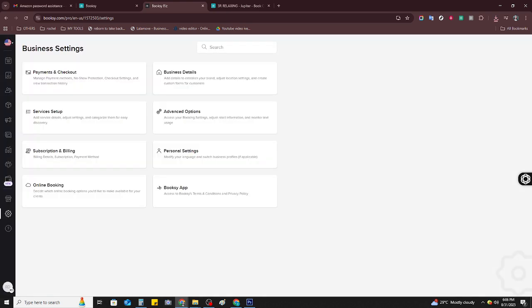compelling way. After setting up your basic profile, it's time to customize your services and availability. Go over to the services section where you can add or edit the services you provide. Make sure each service has a clear name, the correct price, and an accurate duration. This clarity will benefit both you and your clients as it ensures everyone has the same expectations right from the get-go. While you're at it, don't forget to set your working hours under the availability section. This is crucial because it determines when clients can book appointments with you, so make sure it aligns with your